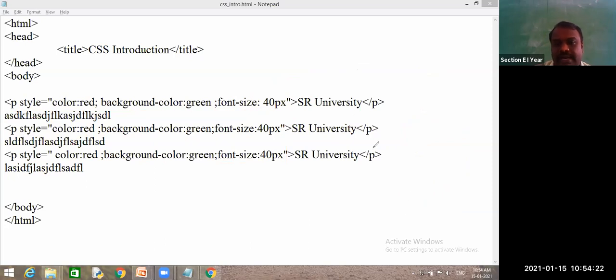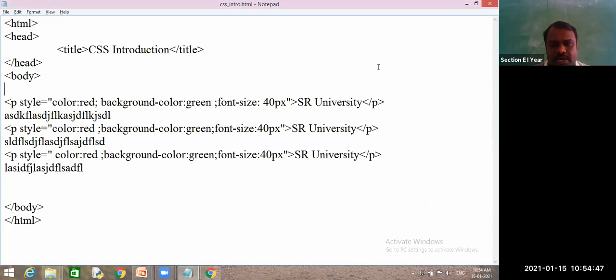I will tell you how to write this. Now we are going for internal. You understand how to write inline. If you want to write internal, you should be aware of selectors, but I will tell you one type of selector, the element selector, and we will learn selectors later.